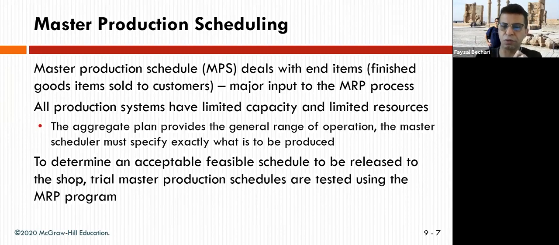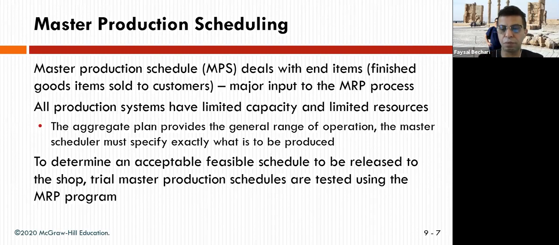MPS, which is master production schedule, deals with the end item, the finished good, the item sold to the customer, which is the major input to the MRP. All production systems have limited capacity and limited resources. So you cannot ask a manufacturer who can produce a maximum of 100 units to produce 150. If you don't have enough warehouse space, you cannot expect the company to produce up to the maximum capacity. These are the things that you need to take into consideration when